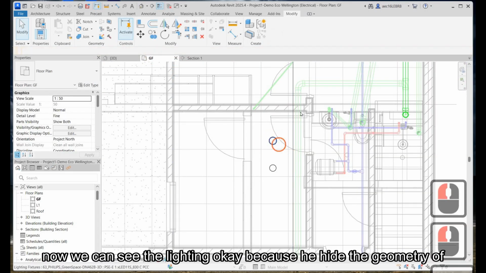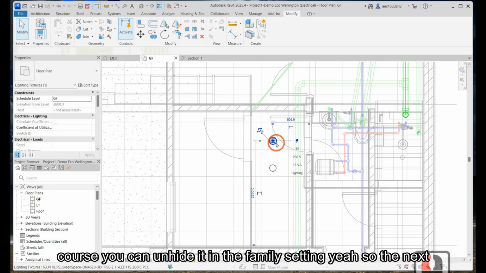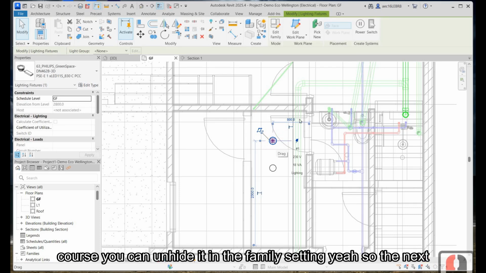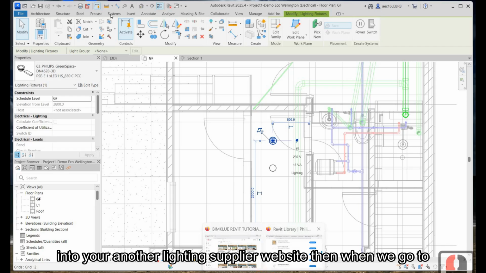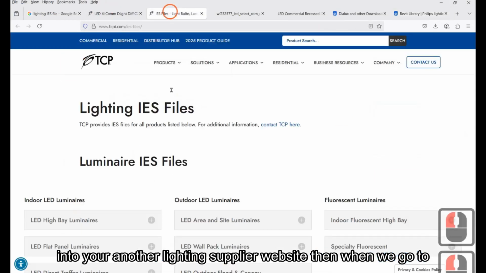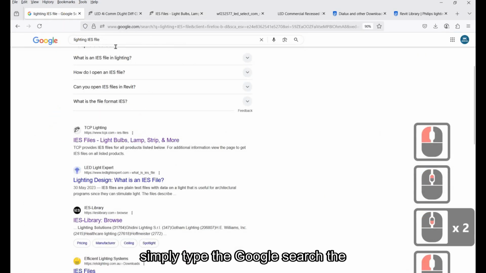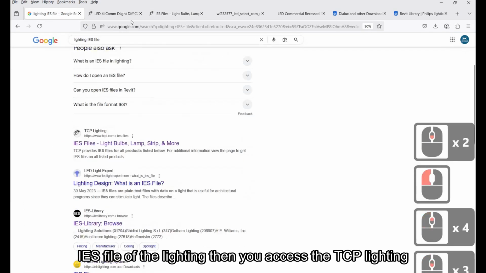Okay, now we can see the lighting. Okay, because it hides the geometry of the lighting. Of course, you can unhide it in the family setting. Yeah. So the next method, we go into another lighting supplier website. Then when we go to here, or you simply type in a Google search for the IES file of the lighting, then